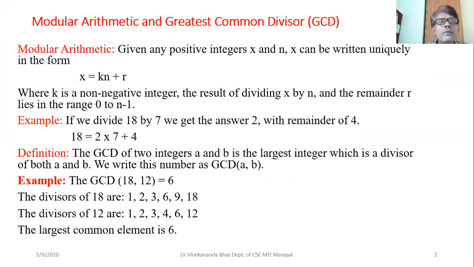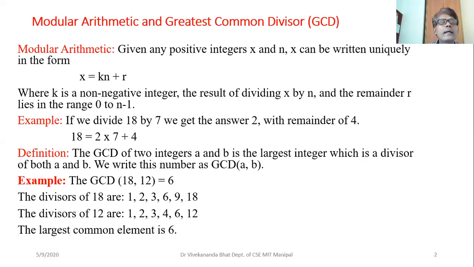First, we will review basic concepts in classical factoring algorithm. So what is modular arithmetic and how to compute GCD of two numbers? Given any positive integers x and n, x can be written uniquely in the form